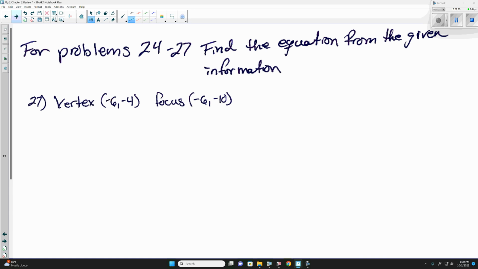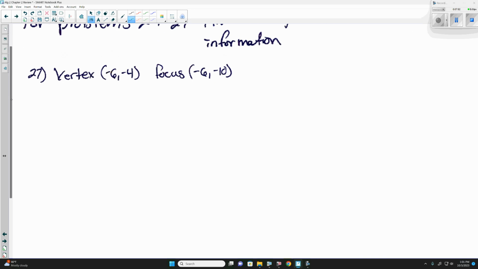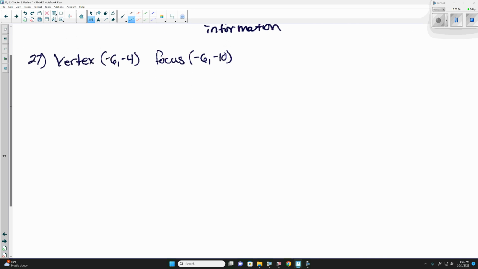Let's look at another one of these here. Number 27, we're given the vertex and focus. Now, if you haven't noticed on these here, we weren't given the vertex and directrix. We've just been given the vertex and focus. Incidentally, on the test for these here, you're only going to be given the vertex and focus. So I don't know if that's going to make it easier or harder, but